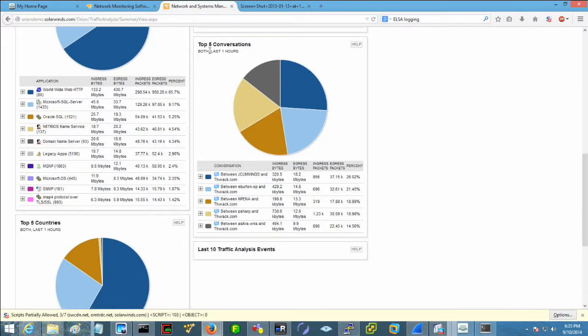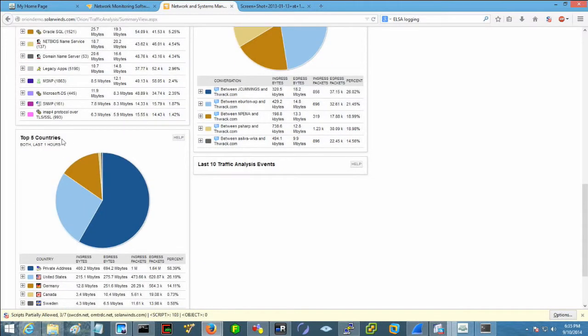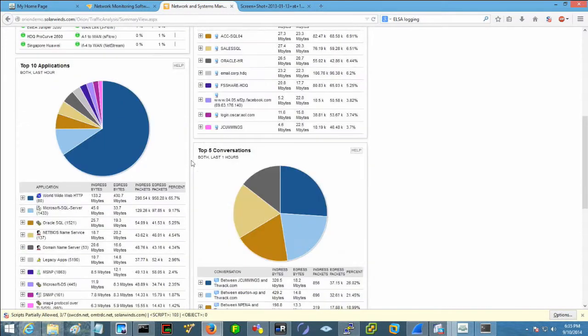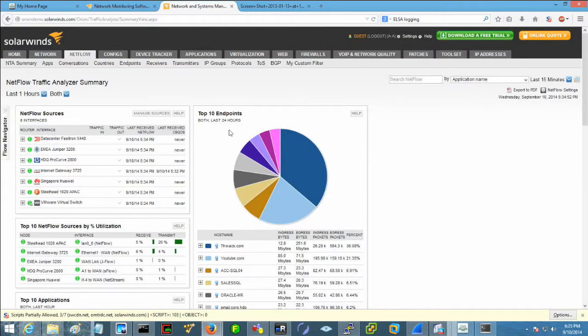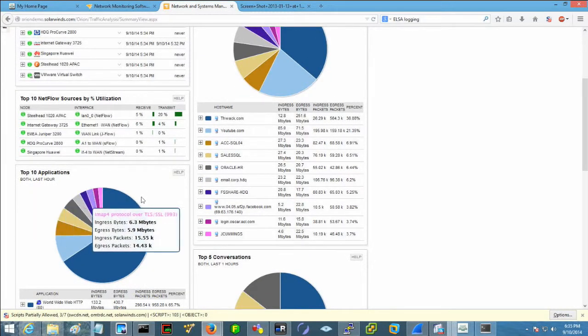What devices are doing most of the talking? Who are our top talkers? What are the top countries we're sending traffic to and from? What are the top endpoints? So when we look at these types of things, we can get an idea of what's normal. And then all of a sudden, if there's a spike, one day we've got 4 gigs worth of DNS traffic, we would know someone's either doing like a DNS,